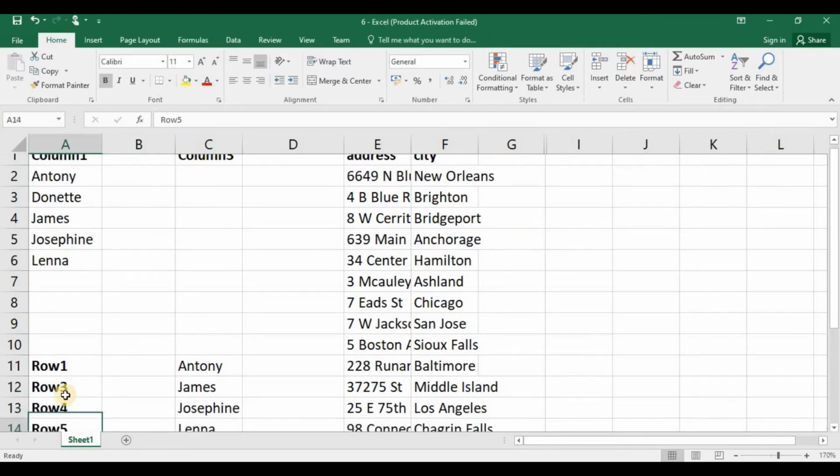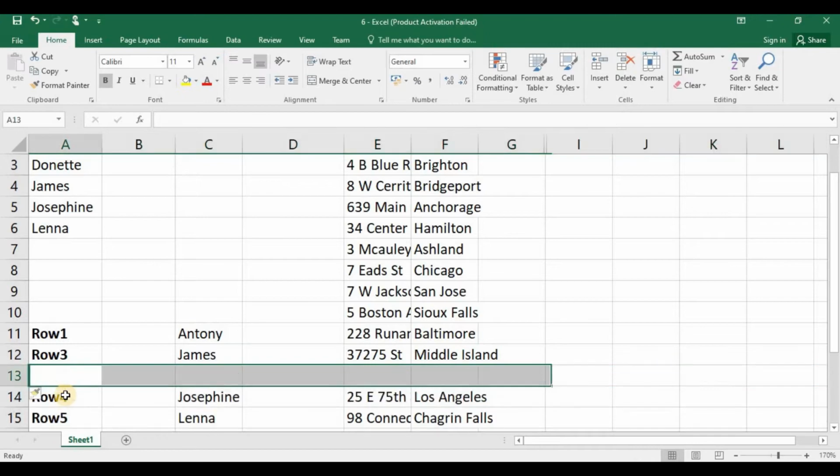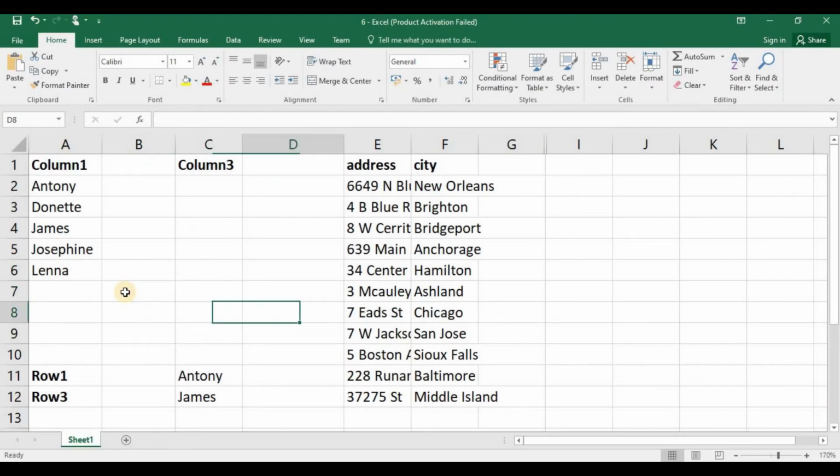You can insert a row as well by selecting the entire row then pressing Ctrl plus. That's how you can insert or delete columns or rows. Now we'll see how to adjust the column width based on the largest text in a column. See here, we have data in this column. Few cells have lengthy data and it is not visible fully. I can't see the data in a few cells.